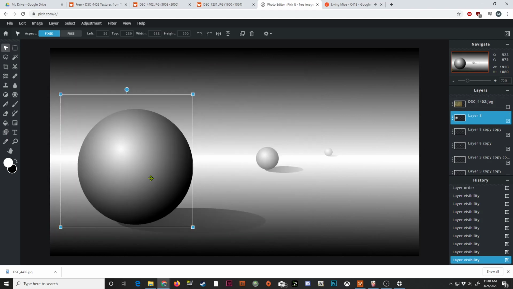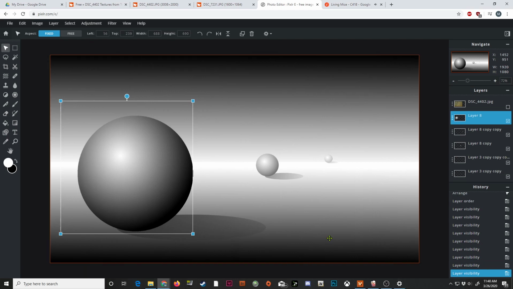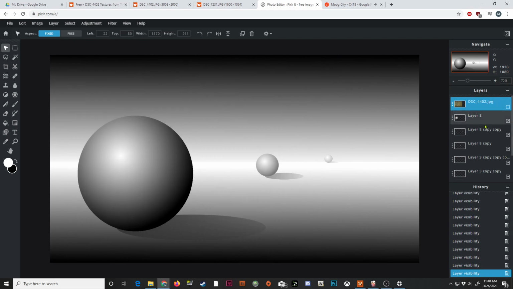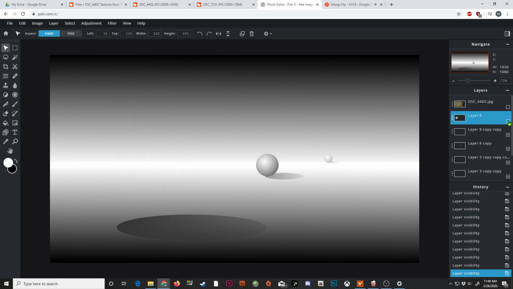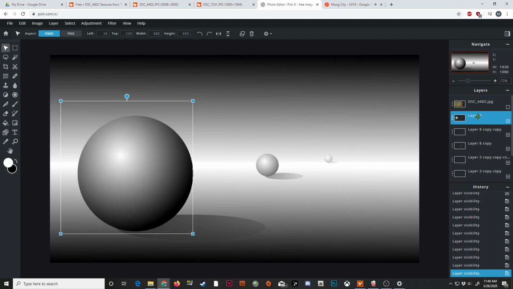Okay. In Photoshop, I would do this using either a layer mask or what's called a clipping mask. Pixlr doesn't really give me that option, unfortunately, but there is kind of a trick that I figured out that I can use to make that texture only show up inside the ball. And so here's what I'm going to do. So it's important that I have my texture layer above my sphere layer. Okay, so layer 8 here is the sphere. This layer with this funny name is my texture. Okay, and all I have to do